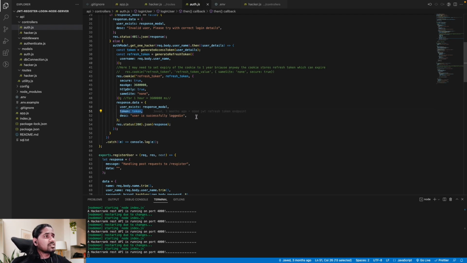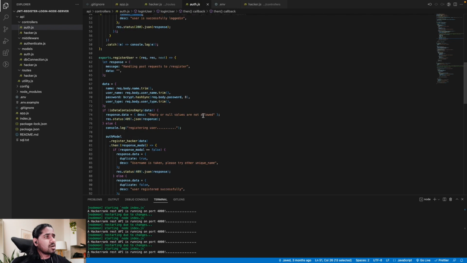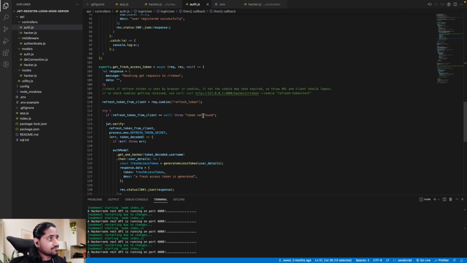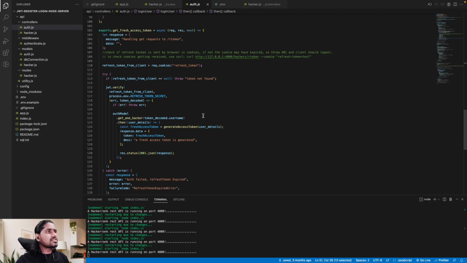Now I think we are done with this understanding. Let's jump to the refresh token part. This is going to be interesting, so I think we should pause here. We can understand the refresh token, and we will also learn how all these endpoints are getting hit, how the response will come back, and how the timer works. All endpoints we will be testing out in Postman. And before that, we will understand the get refresh access token, what this refresh token is all about,